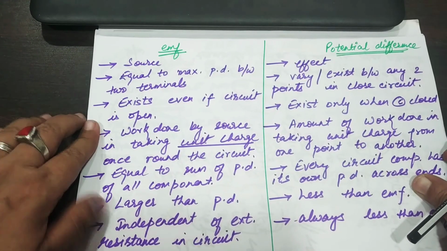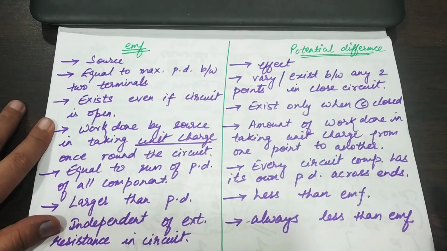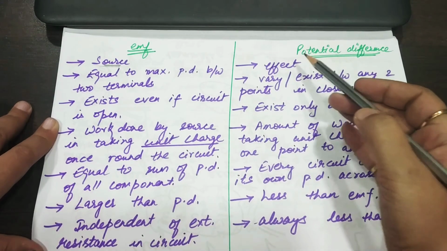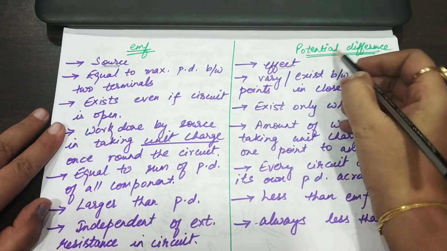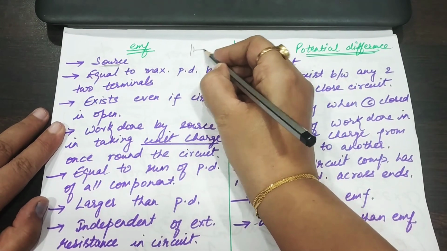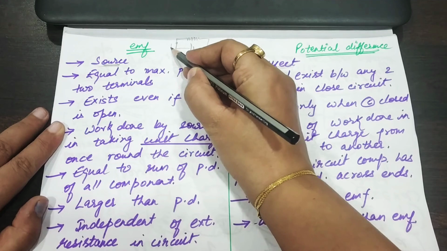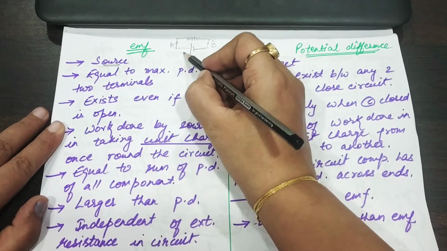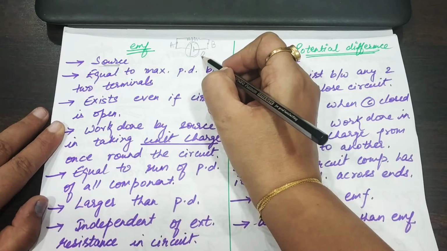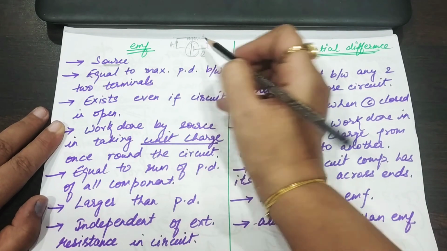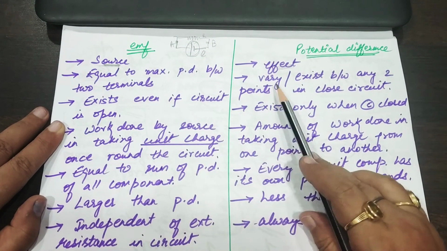So you should not be confused between EMF and the potential difference. Let us discuss that. What is EMF? EMF is a source. The cell will provide it. This is a source. And what is potential difference? This is the effect. Say if this is the cell and this is some external resistance, and let us say A and B are two points, then this gives the EMF. This is the source, and the potential between these two points in the external circuit will be termed as a potential difference. So this is the source, this is the effect.